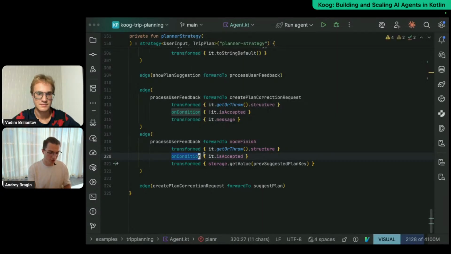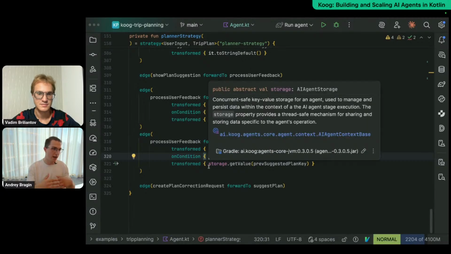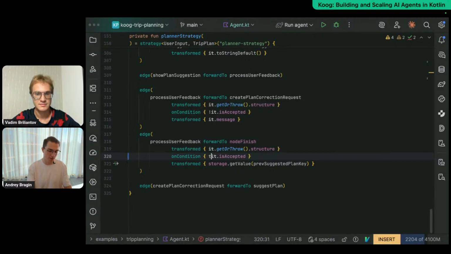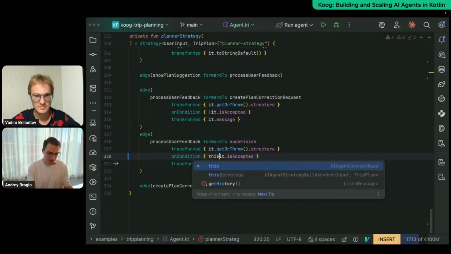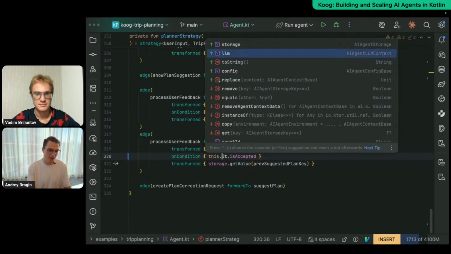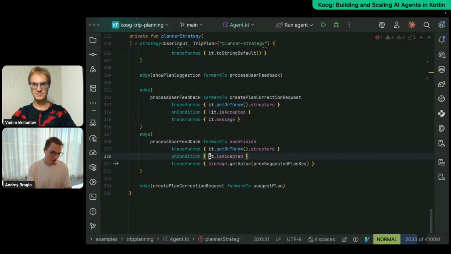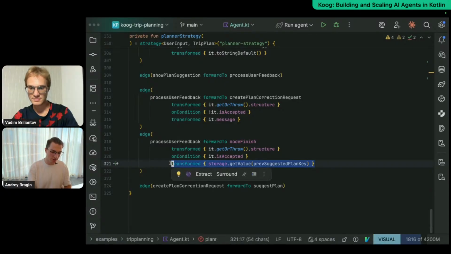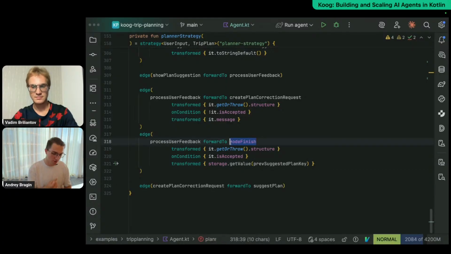methods, all those functions have access to the agent context, the same as the node. You can type this and see that there is an agent context here, so you can use the same properties, the same methods to interact with your agent. And so that's why I'm using storage get value in transformed here to extract the latest version of the plan, and I'm returning it. I'm passing it to my node finish to return it as a result of the agent